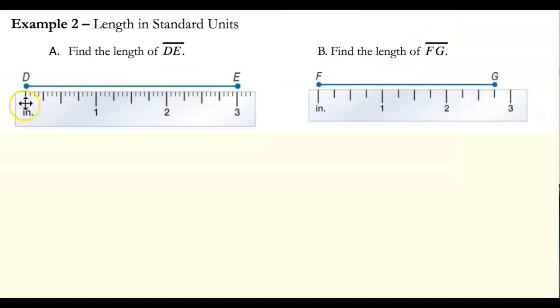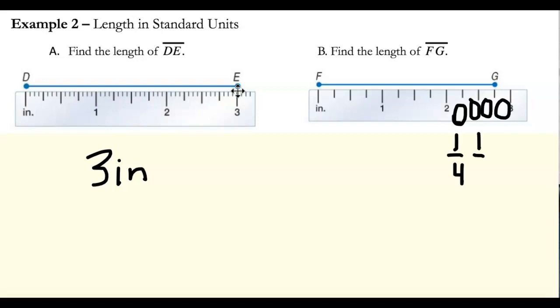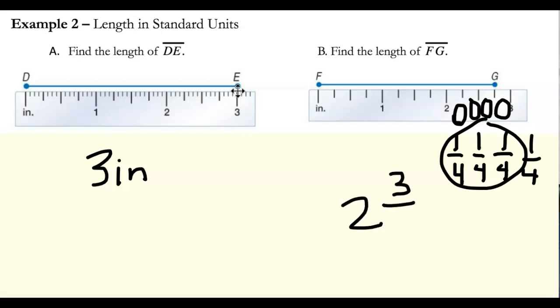Look at this one. It's just going from 0 inches to 3 inches, so we would just write our standard 3 inches. So the next one, again, this is using our regular standard, and notice here again that there are spaces. Between 2 and 3, there are 4 spaces. So each of those spaces would be considered 1/4. To count where we're at, we would count how many little bubbles. It appears that we're at the third one, so we would have a total of 2 and 3/4,